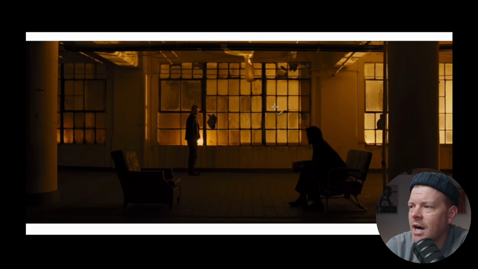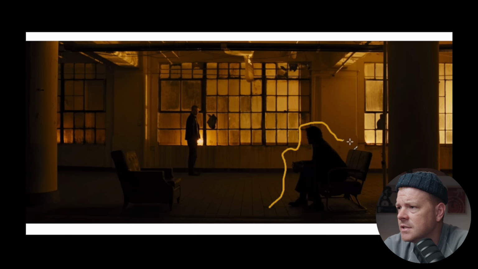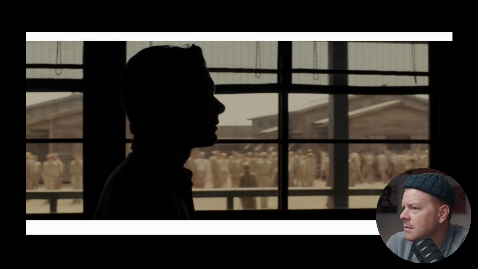This is another really common lighting style that Deakins has, this sort of sickly yellow. I feel like that happens a lot in Blade Runner. I feel like that happens in this. Man silhouetted. Mystery. I bet it's about mystery. I have a feeling the silhouette is mystery. Okay, let's keep going. Okay, this is